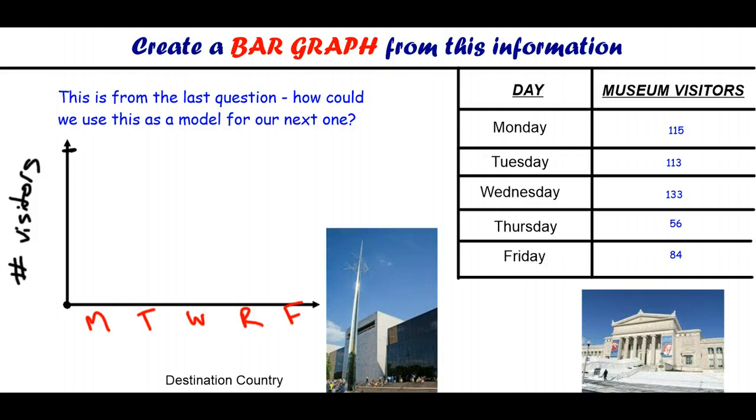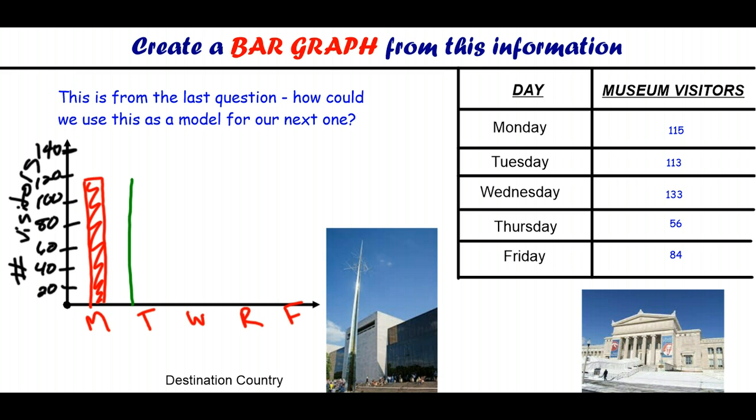So if we make something up here around 140, which is above 133, I'm going to choose to count by 20s. 20, 40, 60, 80, 100, 120. And so this doesn't need to be in millions and thousands or anything like that because it just is the number of visitors. Now for Monday, the visitors were 115, which is just below the 120 mark. For Tuesday, our visitors were 113, which is more or less the exact same size, just a little bit smaller as the Monday